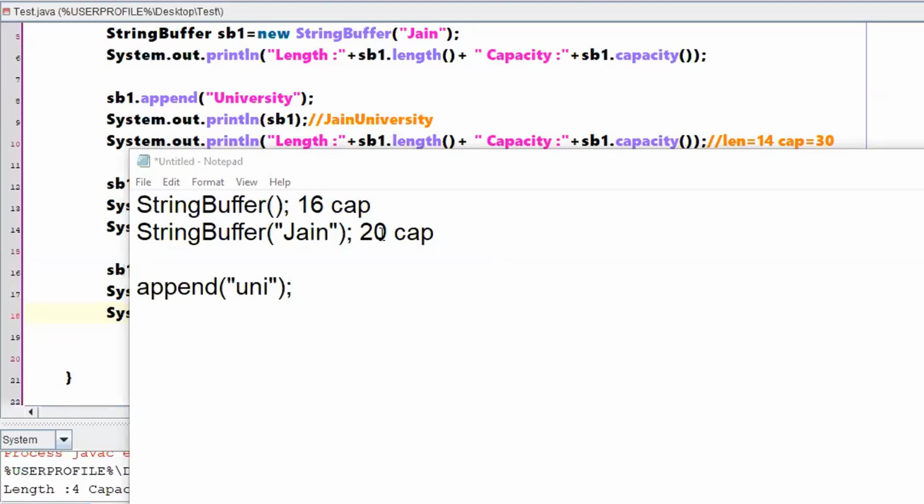So 20 was the capacity and you have occupied all those 20 locations. Now it will create a bigger buffer.